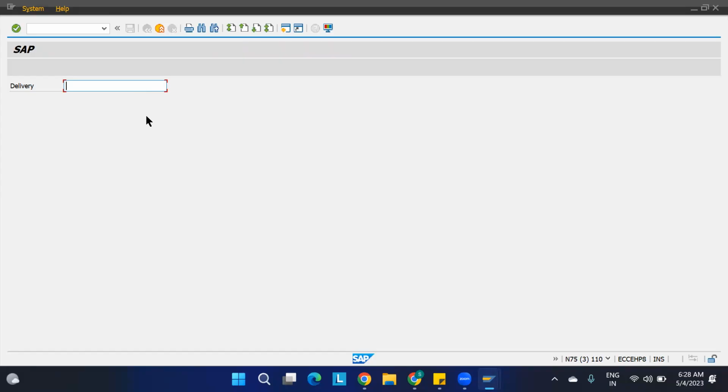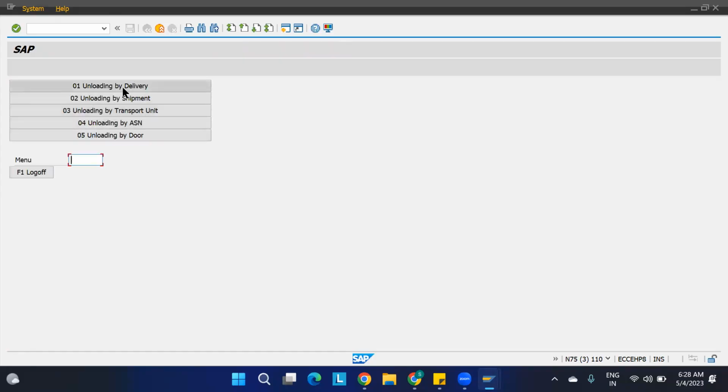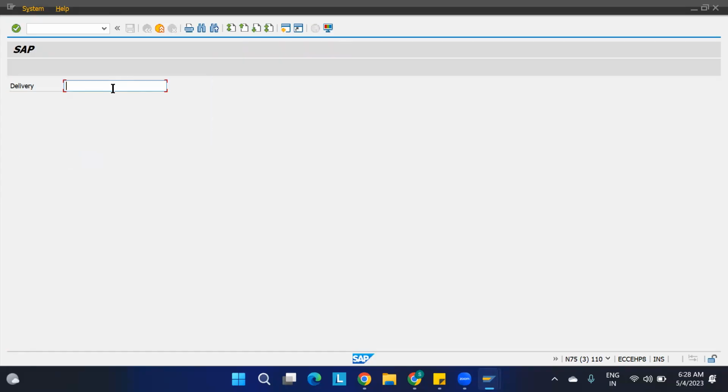So if you go back, we are doing it through the delivery only. Go here, just give this delivery, click enter. See, here they are asking for the HU. And once I give the HU, 7318, it is just asking for the destination bin. Like this, it is showing. My question is where you require to see the